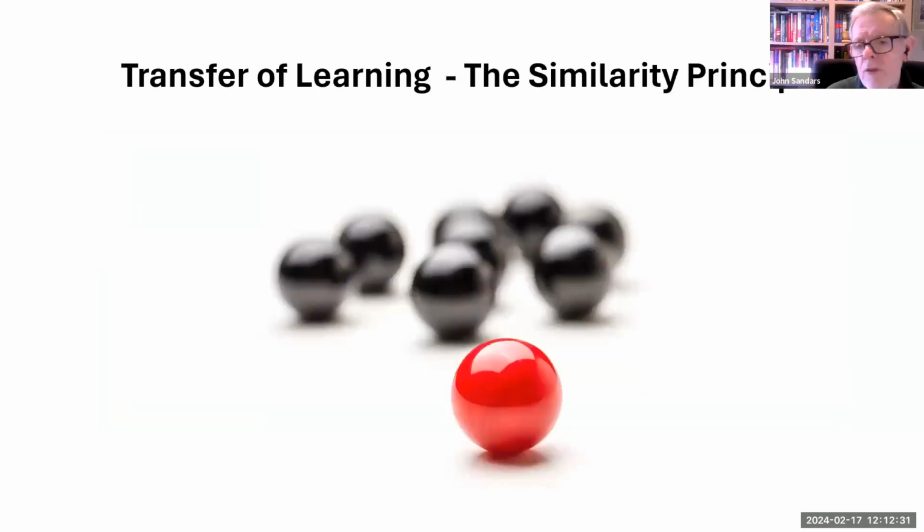And at the heart of transfer of learning is what's called the similarity principle. One of the great psychologists over 150 years ago, called Thorndike, came up with this idea that the way that we transfer our learning is by looking for identical elements between how we've learned something in one situation to how we can apply it in a different situation. So we're looking for similarities. So the more similar something is to what you've learnt it in, the greater the chance that you can transfer it.